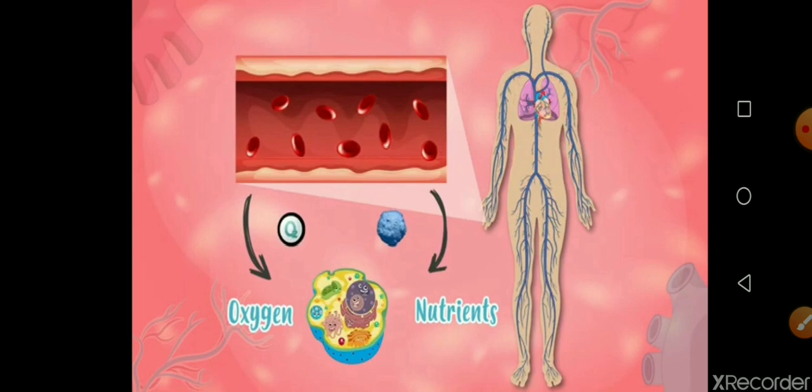Now, as I have told you, our heart pumps the blood throughout the body. In the blood, there is oxygen and nutrients. The food that we consume gives us nutrients, which are very essential for the growth of the body. And when we breathe in, oxygen goes into the lungs, and this oxygen mixes with the blood, and this blood is pumped through the heart to the different parts of the body.